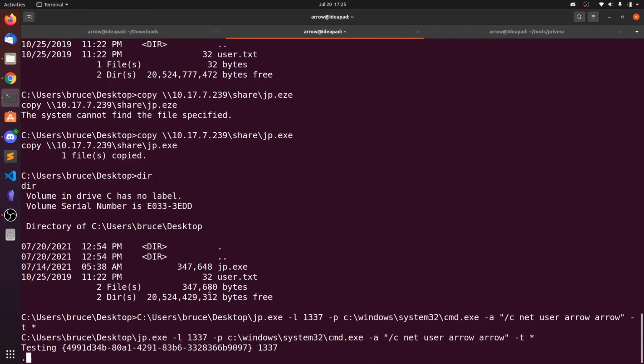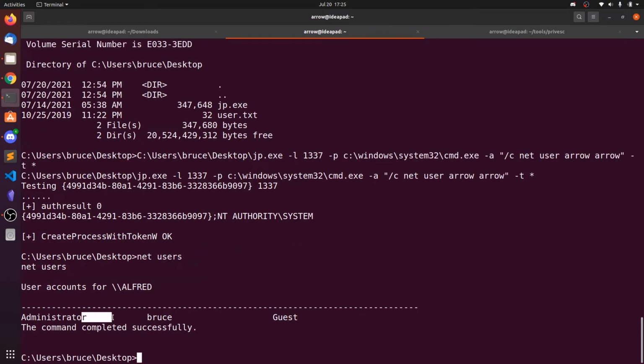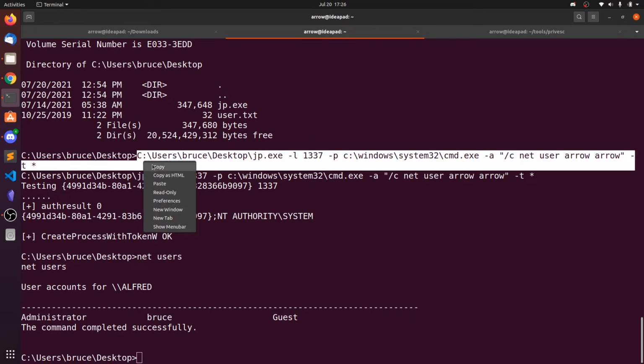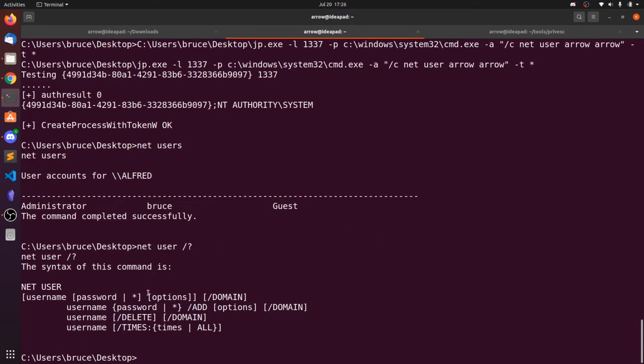Now run this. You can see it has been successfully added. You can now check with net users. You can see administrator, Bruce and guest. So okay, where is the arrow user? Okay, net user arrow, username, password.